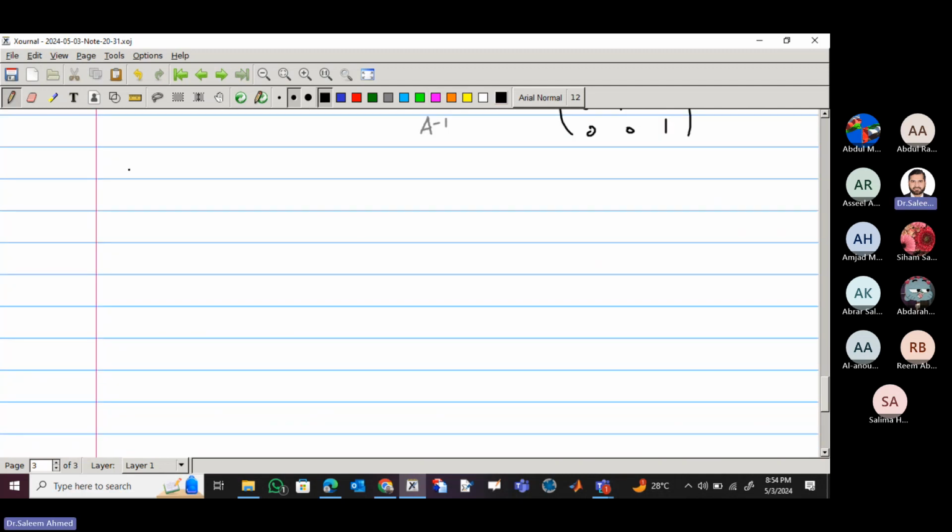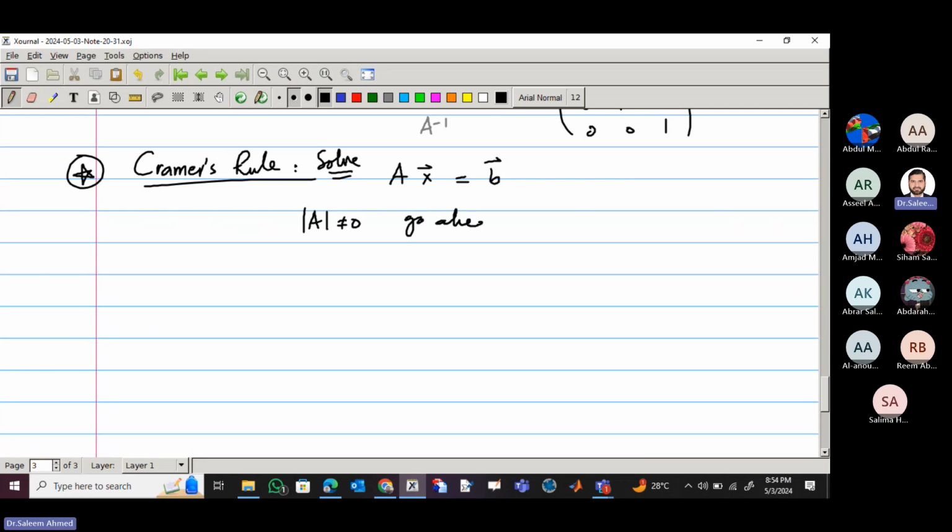The second thing in 3.3 was Cramer's rule, so again, important, right? Cramer's rule: if you have a system of linear equations Ax equal to b, and you have to solve this using Cramer's rule, what we do, first we find the determinant of A. If it is not equal to 0, go ahead. We can use Cramer's rule. If the determinant is 0, we cannot use Cramer's rule. So of course, the determinant will not be equal to 0. Then we